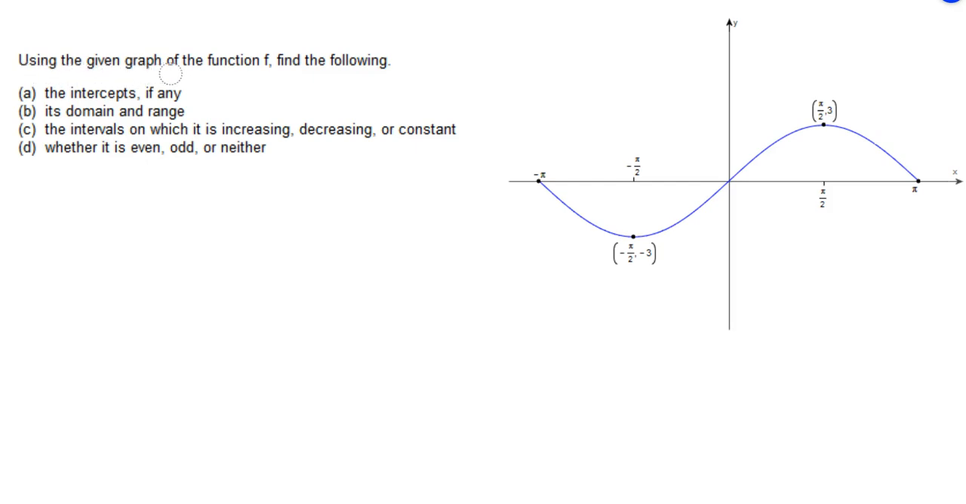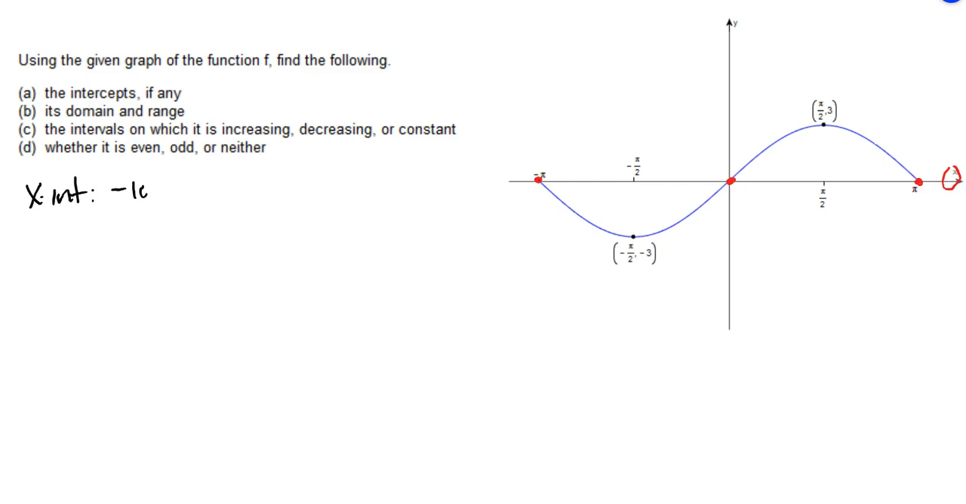Using the given graph of the function, find the following: the intercepts, the domain and range, intervals on which it is increasing, decreasing, or constant, and whether it's even, odd, or neither. So let's start with the intercepts. An x-intercept is where the graph crosses or touches the x-axis. So we have our x-axis here, and the graph touches the x-axis, crosses the x-axis, in these places. So we have x-intercepts